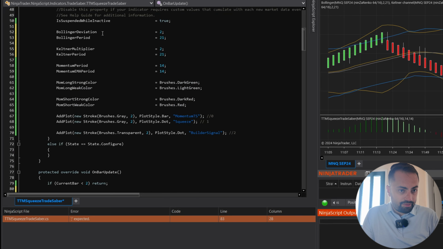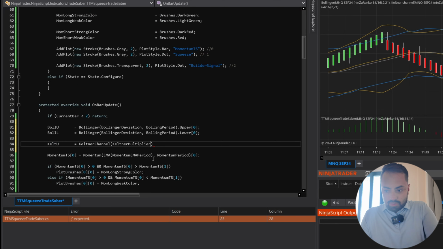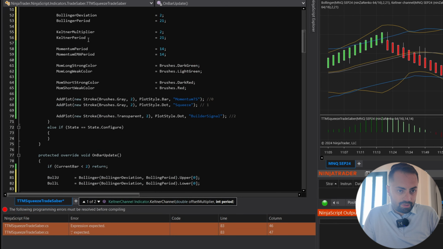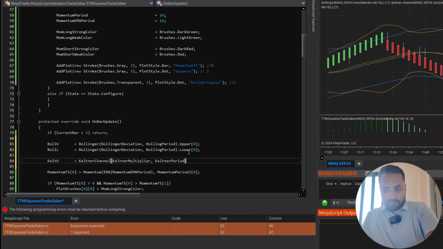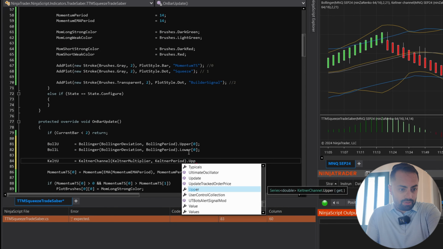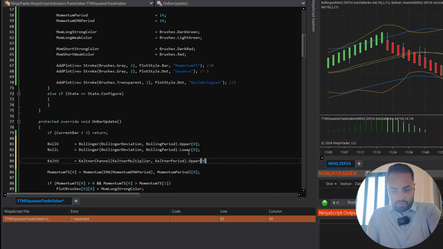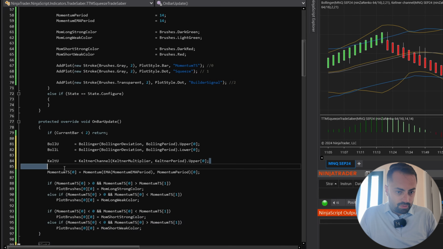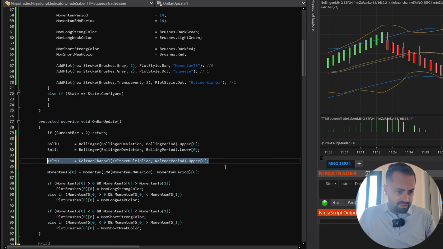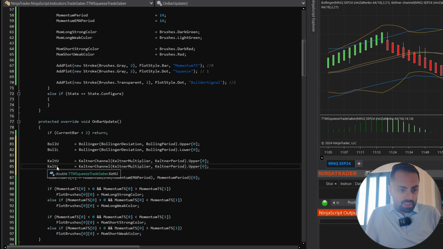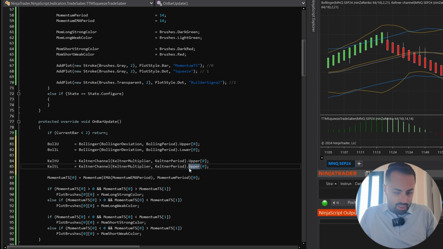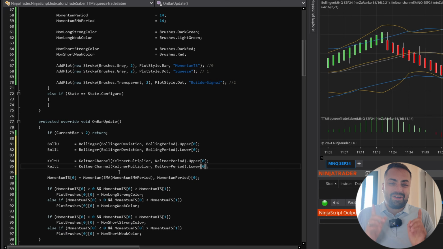And again, we have our Keltner multiplier, comma, Keltner period, period upper, and we want the most current closed candle. And we're just going to copy and paste that down here. Change this to an L, change this to a lower, and now we have variables defining our Bollinger and Keltner